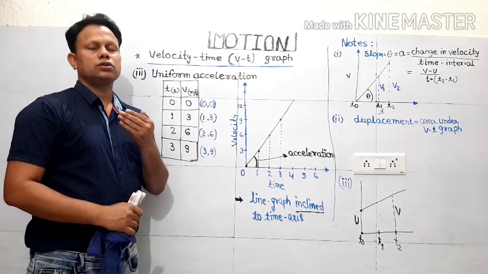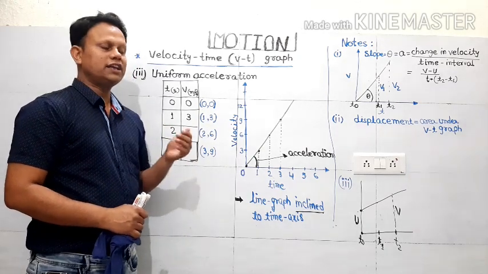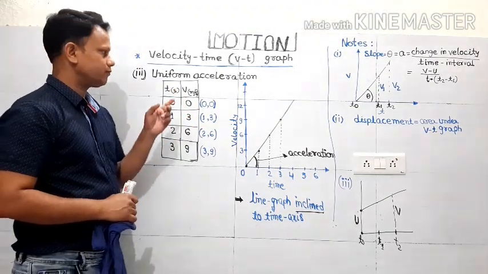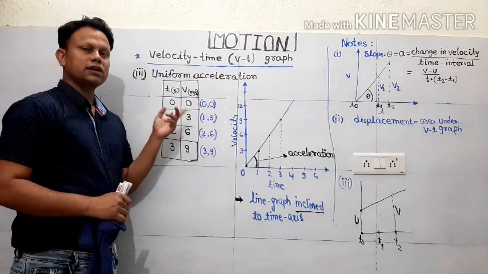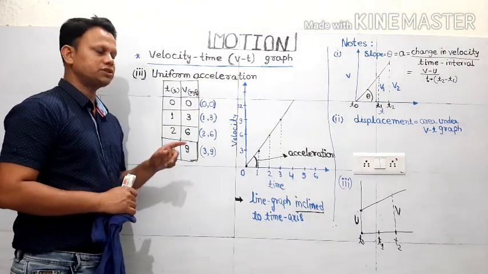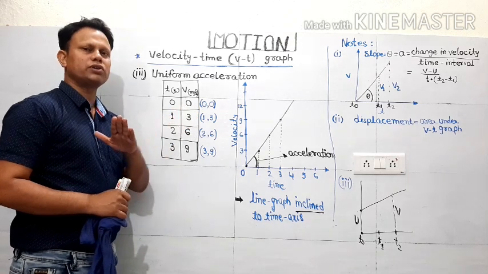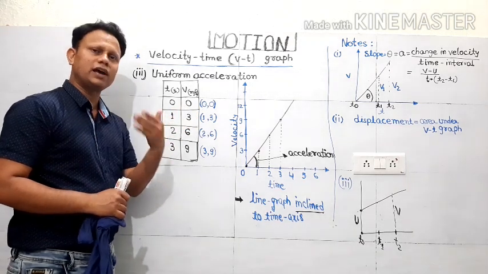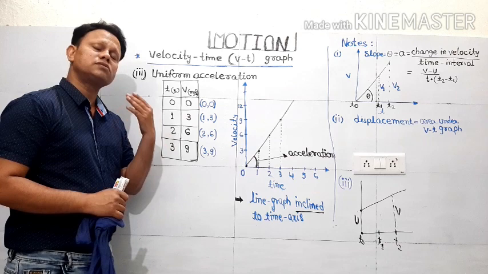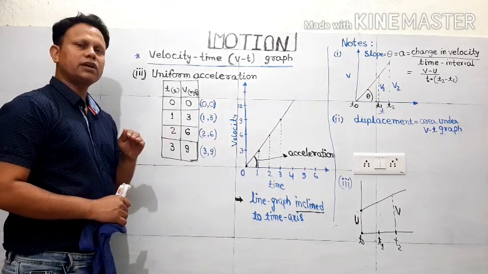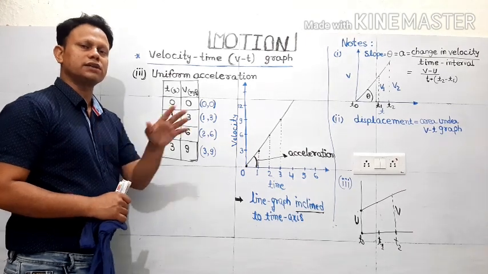And accordingly, we have made a table. What is the table here showing? Suppose at 0 second, when we have started our observation, suppose we are observing speed 0. That means the body is observed at rest. But it can have some value of speed when our observation starts. That we'll discuss later on. Right now I have taken the body starting its journey with rest.